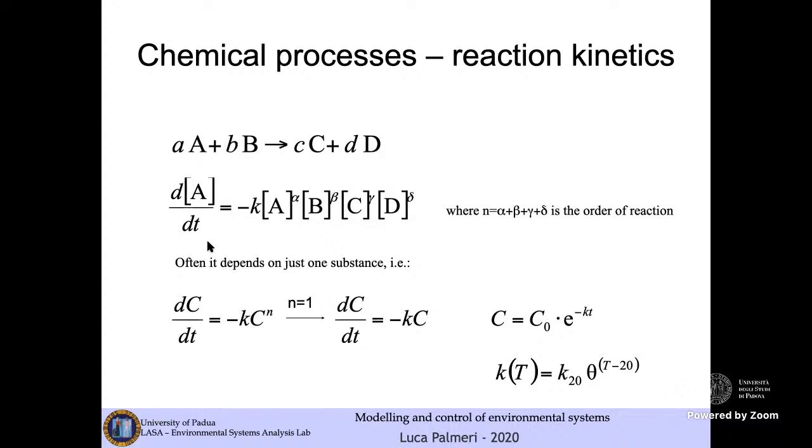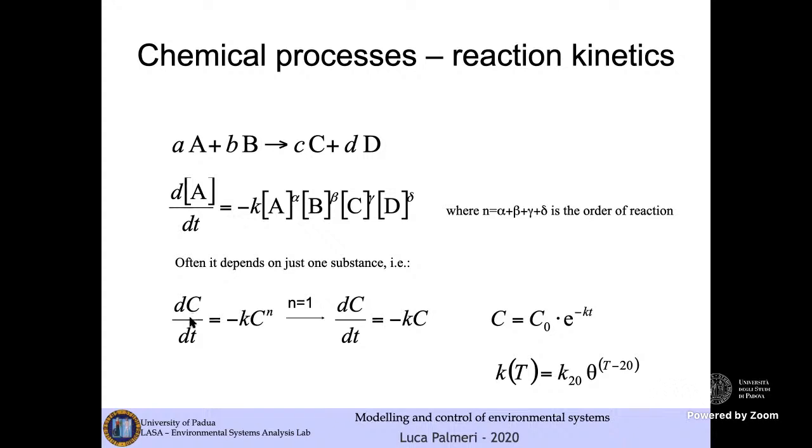Okay, this is one of the most general ways of describing chemical reactions, but as we have said, and as we will see in the following lectures, often the chemical reaction depends on just one substance. In general, we call it the substrate. For example, if we have just one substance,